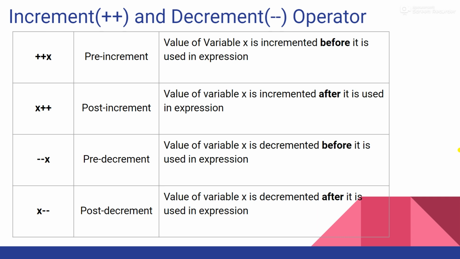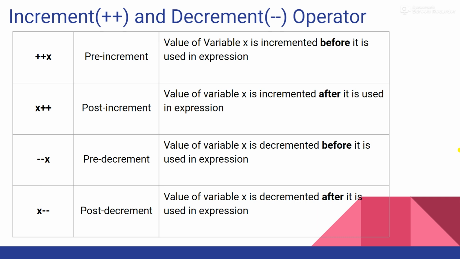Similarly, x++. Now here again plus plus means you have to increment the value of x by 1, right? But now here you can see the variable name is there first, and after the variable there is this operator ++. So what does this mean now? The value of the x variable is incremented after it is used in the expression. Now what is happening? It is first using the old value of x and then it is incrementing the value of x. This is what it means. Similarly, --x means decrementing the value of x before using it.